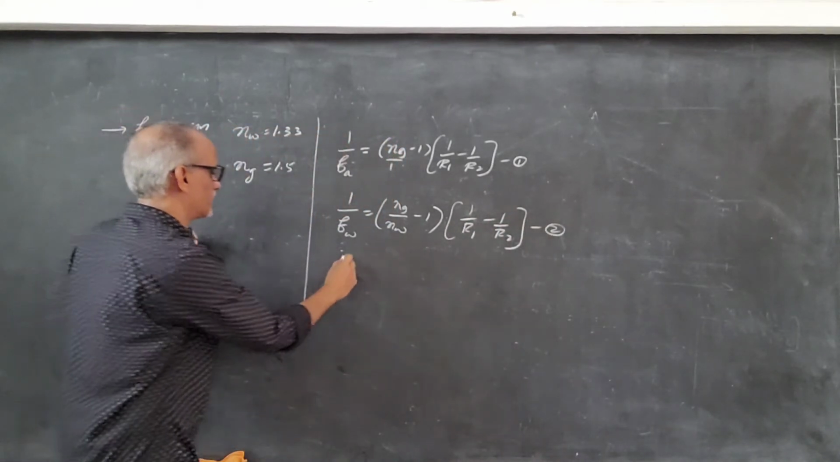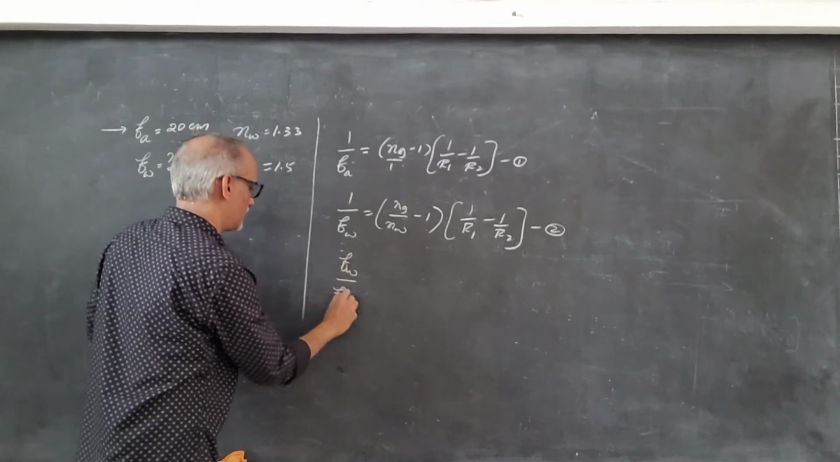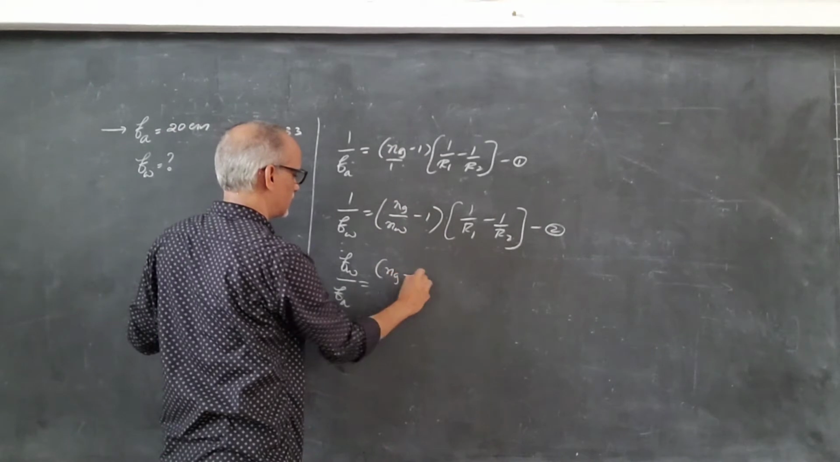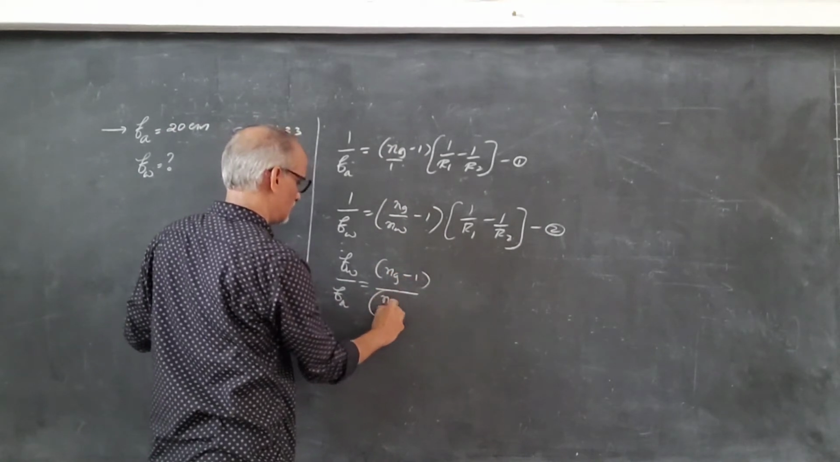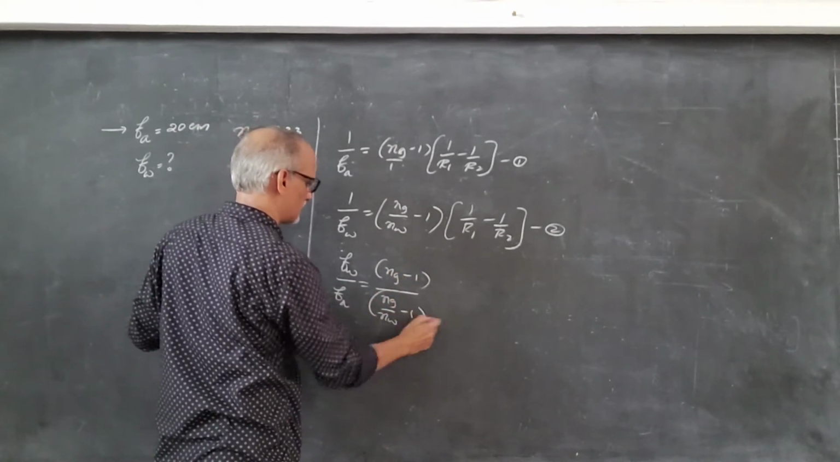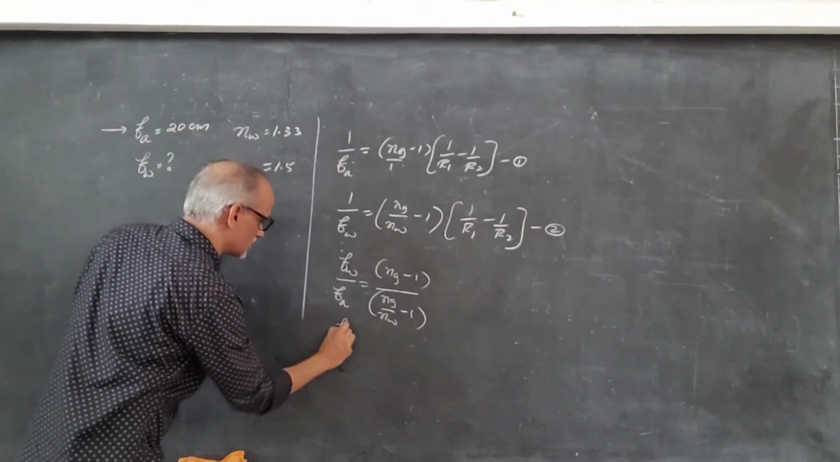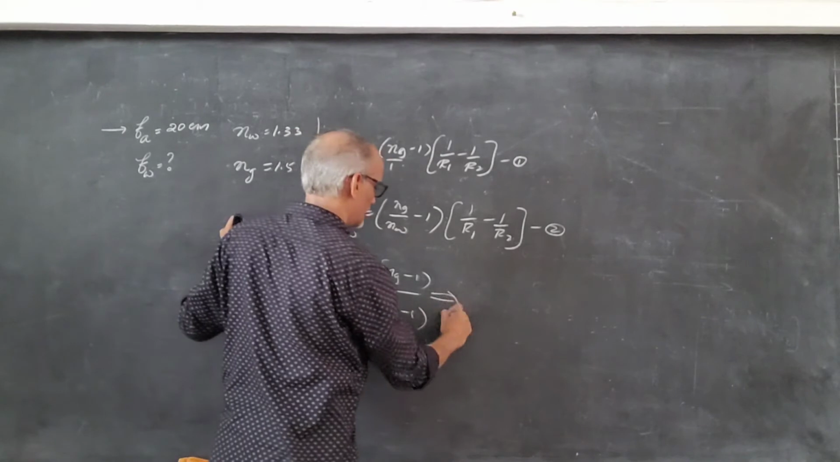On dividing, we will get Fw by Fa is equal to (Ng minus 1) into (Ng by Nw minus 1). This term will get cancelled. So Fw I have to find. Let me substitute that here. So Fw